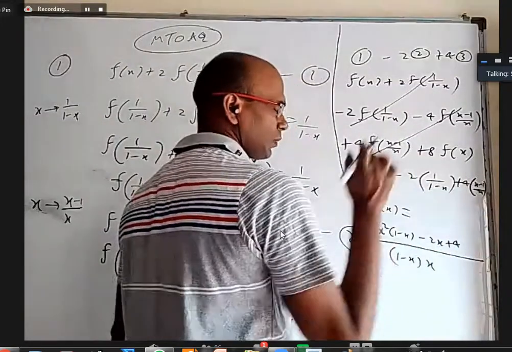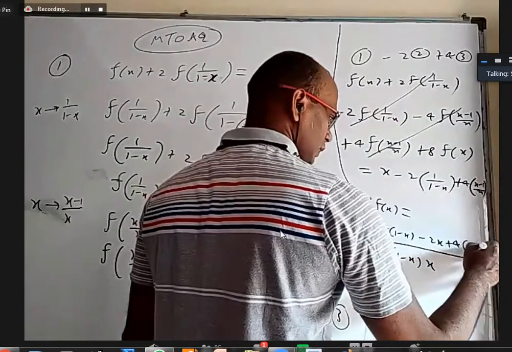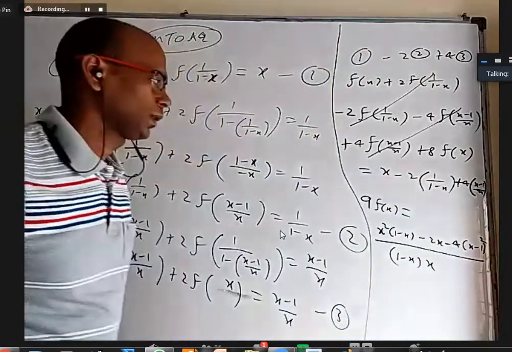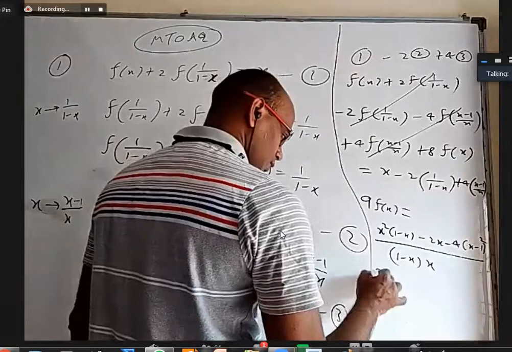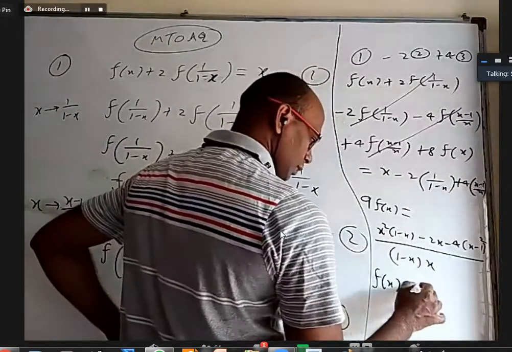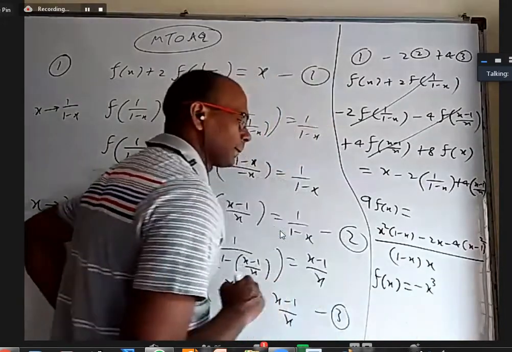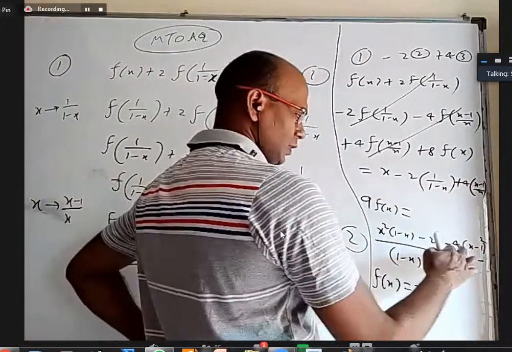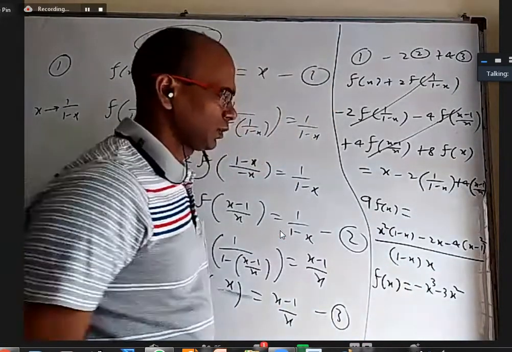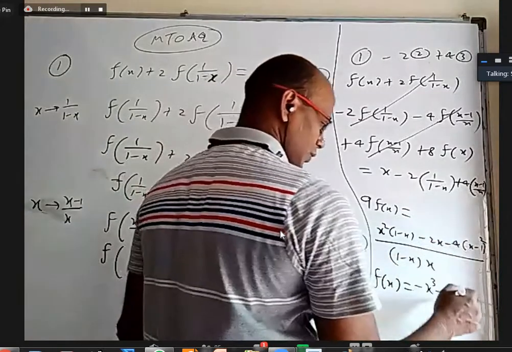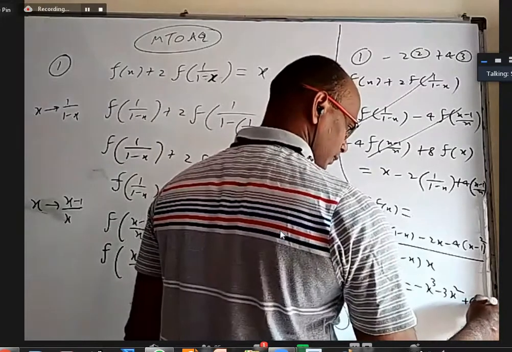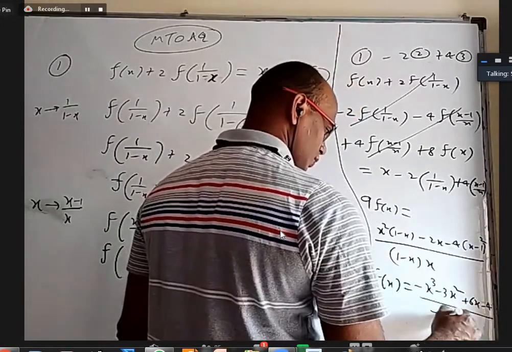x minus 1 into 1 minus x will come. So better to write x minus 1 whole square, that too with a minus. So f of x is, when I expand this fully, I'll get minus x cube. Here plus x square, here minus 4x square, so minus 3x square. Here minus 2x means 8x minus 2x, so plus 6x. And the constant is minus 4 by minus x square plus x.